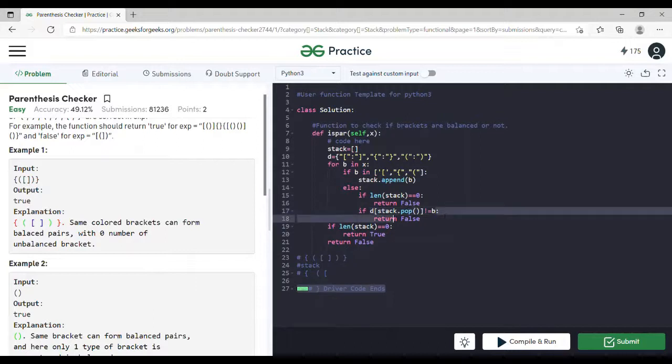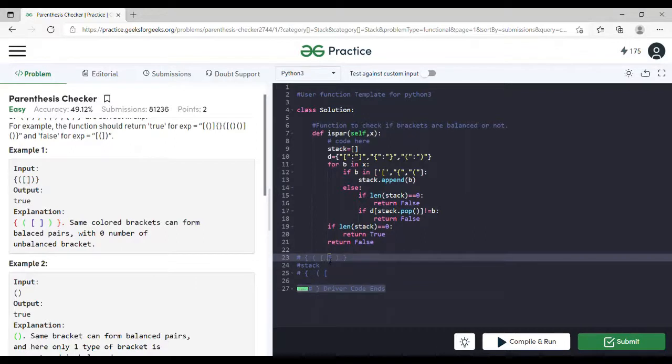If they are not equal, let's say I push the three opening brackets into the stack, then I move to the fourth bracket, which is a closing bracket. Now I pop this opening bracket from the stack. If what I get from the dictionary is not equal to a square closing bracket, then I return false.